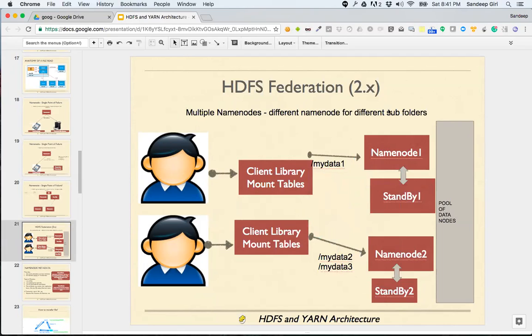Maybe they are making these changes, and it'll be a good design actually if we push these mount tables to Zookeeper. But since mount tables are rarely used, and even if people are using mount tables, we are hardly modifying them, maybe once in 2 years or so, there is no pressing need to make mount tables centralized.